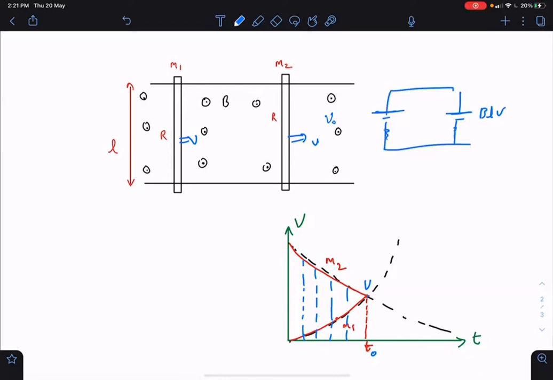And current flow will be 0, sir. Current flow will become zero because they are trying to get the current in opposite direction. This is one way of understanding that overall EMF has become zero. The other way to say it is that because they both have the same velocity now, the area will not be changing, because whatever distance M1 will move, the same distance M2 will move. So the distance between them will remain constant, and that is called a steady state. Here there will be a steady state in which both will gain the same velocity.